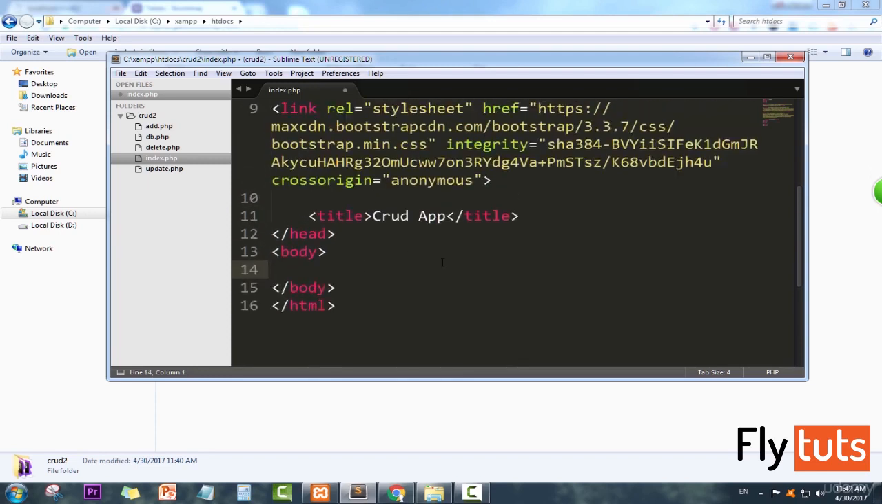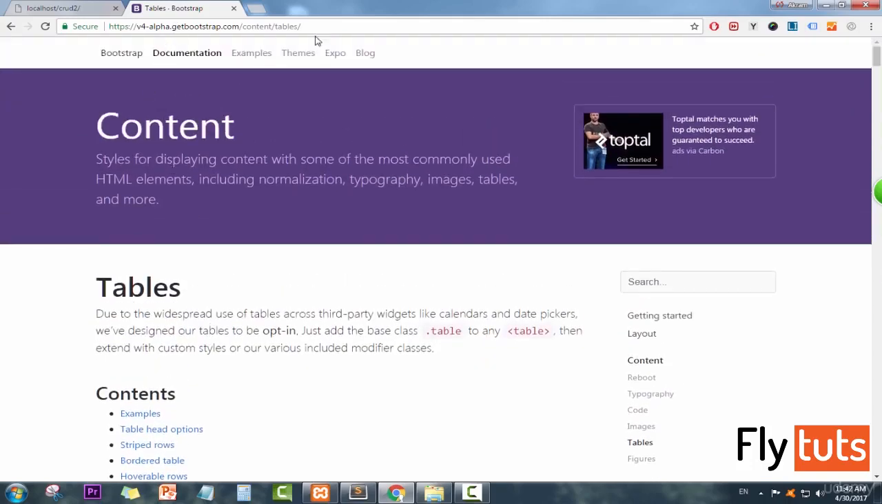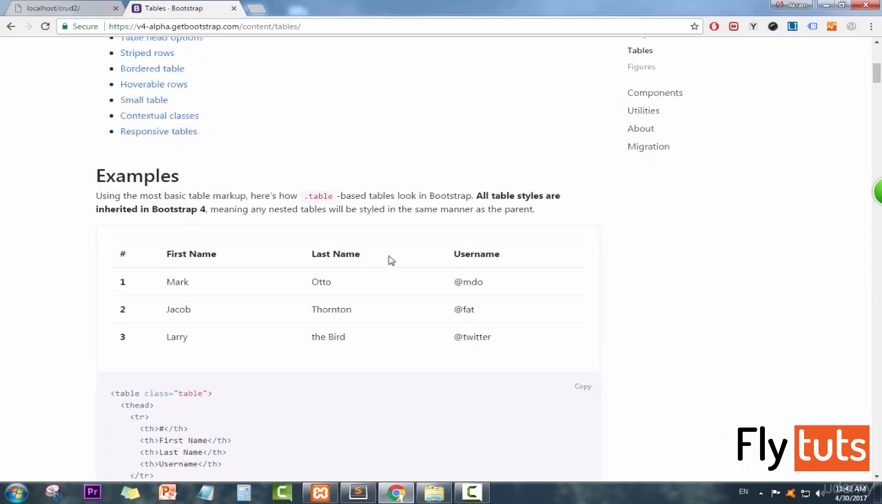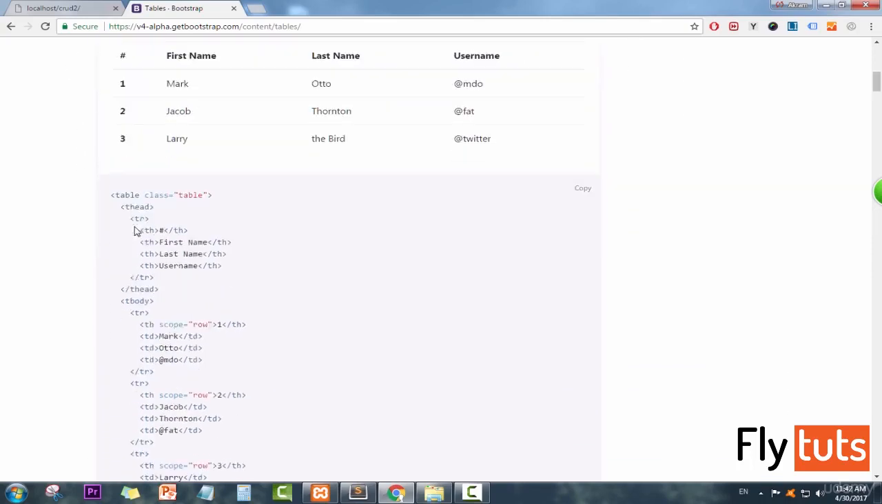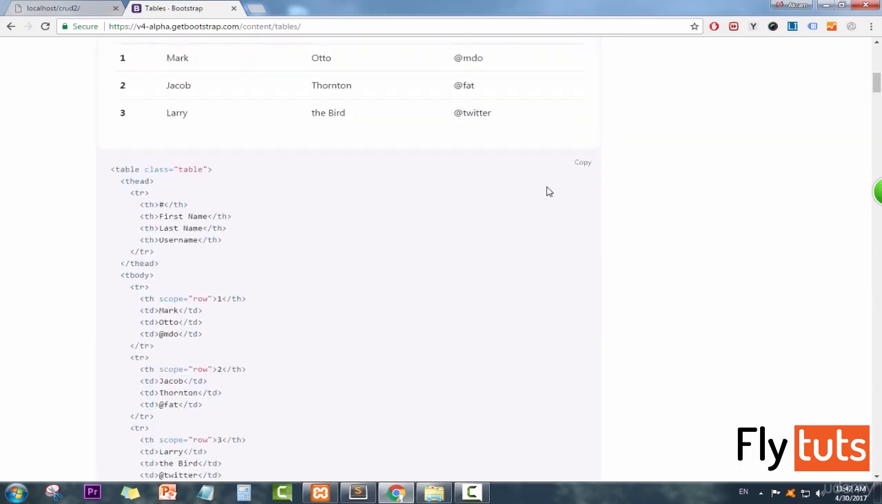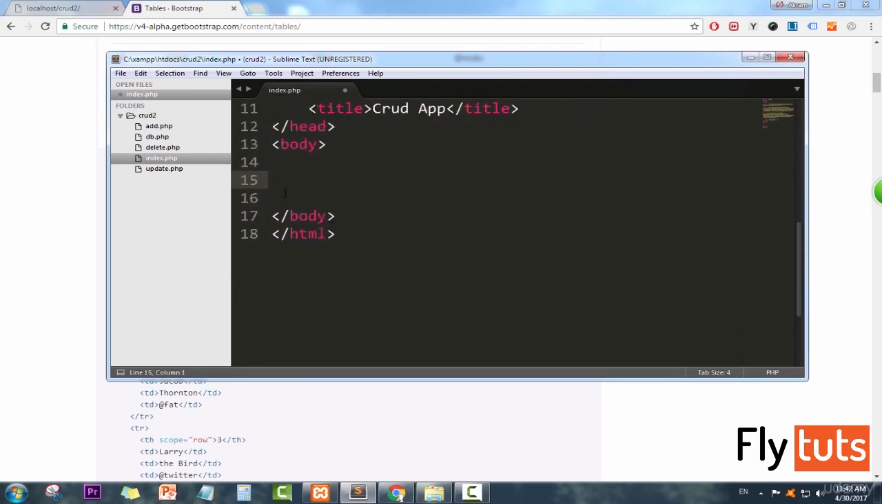And here what we need is a table. So instead of creating all this and wasting a lot of time, in Bootstrap, just go to the Bootstrap website and go to tables. We need tables here. This is how you create a table. You see the long code. It's very easy. Just copy this one and go to your index file. But before that, we need